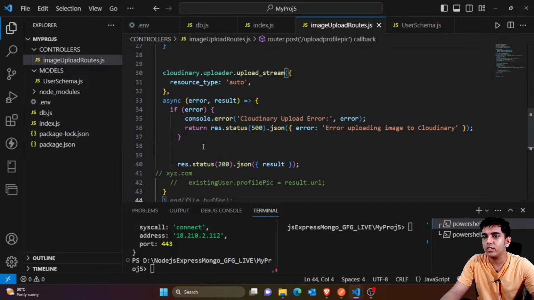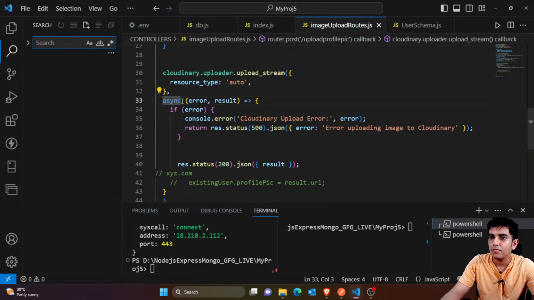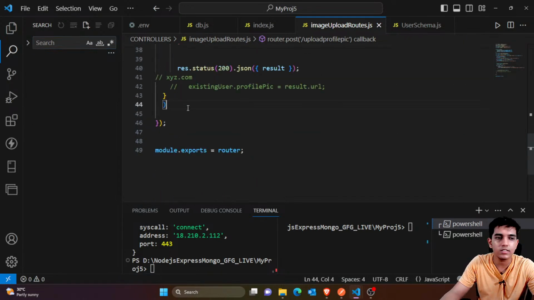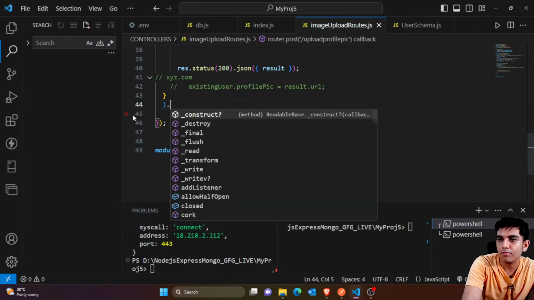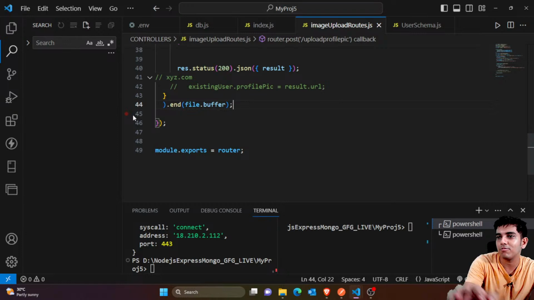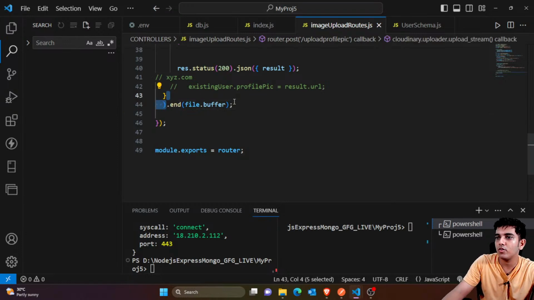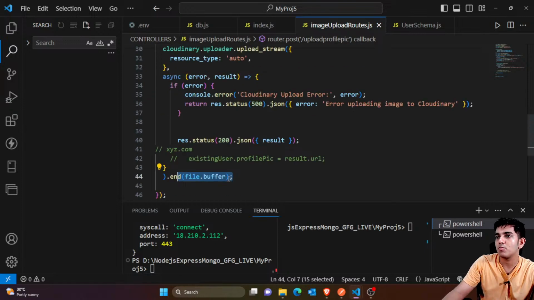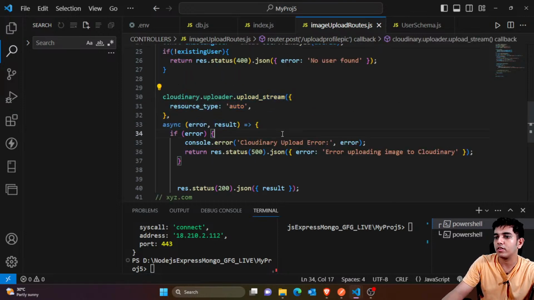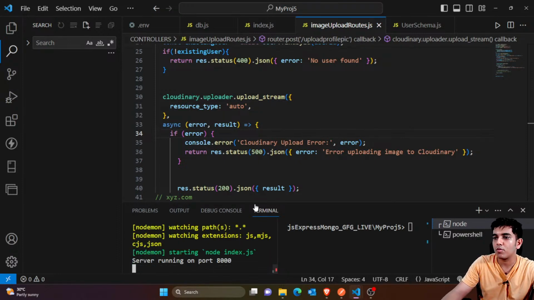What we need to do is, first of all, I'll just make it systematic. So here you can see that this is the end bracket. Here one thing must be provided, that is the file buffer. We are not actually providing the file. This was the problem, because at the end you have to provide the file buffer, the buffer which we created, right? So once you provide the buffer, it would be able to upload that. Okay, so now I would again start this. It would work properly,